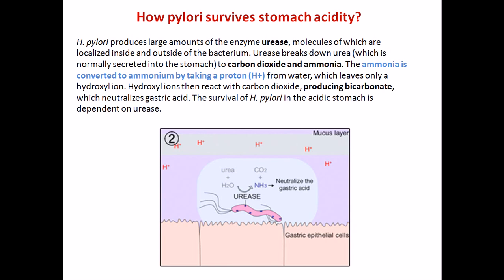Now, the ammonia is then converted into ammonium by taking a proton, because there is a lot of water out there, so they can usually take a proton from there, because acids are there, HCl is there, so plenty of protons are there. So the ammonia will be converted into ammonium, and the carbon dioxide that resides there will interact with hydroxyl ions that are also pretty common there, because water is always available. So the carbon dioxide will interact with hydroxyl to produce bicarbonate, and this is the bicarbonate which neutralizes the gastric